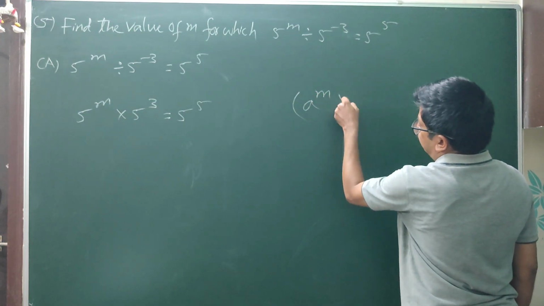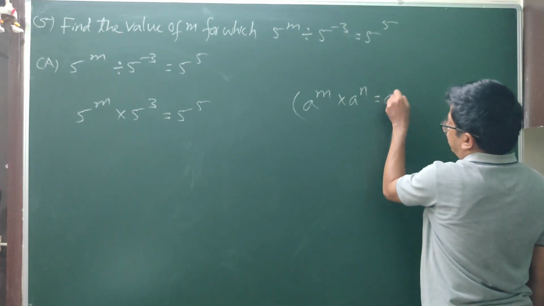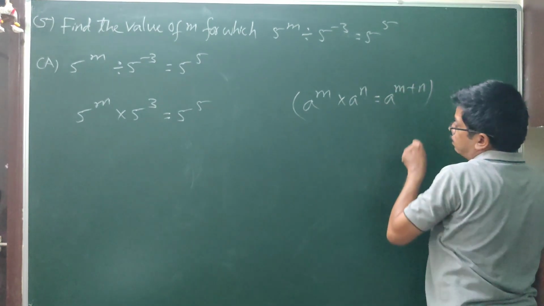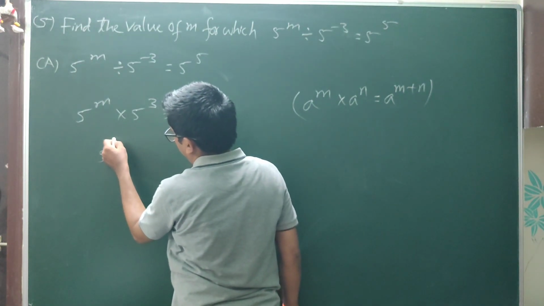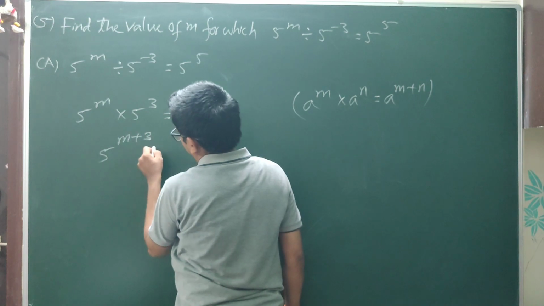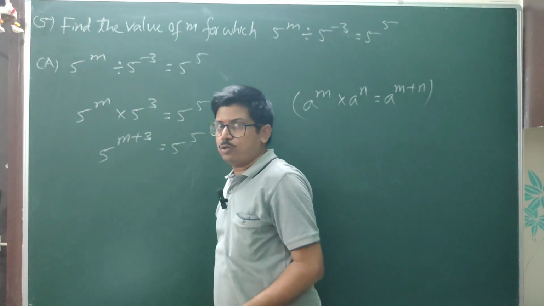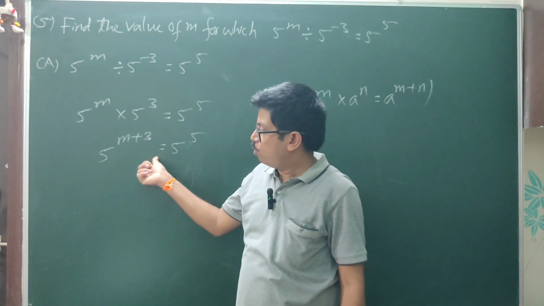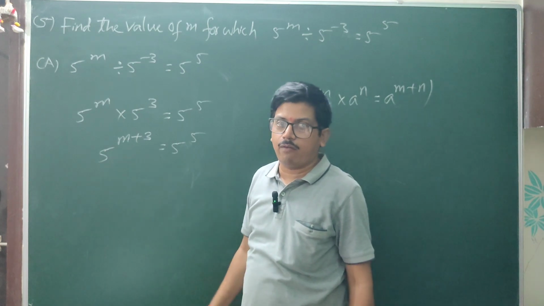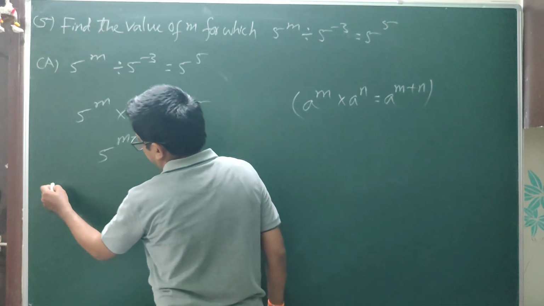a^m into a^n equals a^(m+n). So 5^(m+3) equals 5^5. According to equality, both left and right sides have equal bases, so the powers are also equal. We write it as